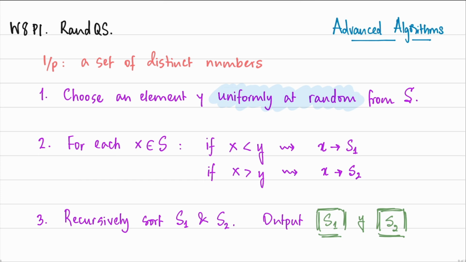Now, what we are going to do is pick an element from the array uniformly at random as our choice for the pivot element. And from here, we are going to partition the array into two parts. Let's call that S1 and S2 here. S1 is going to consist of all the elements that are strictly smaller than the pivot, and S2 is going to consist of all the elements that are strictly larger. So notice that because of our distinctness assumption, this is a complete partition of all the elements in the set